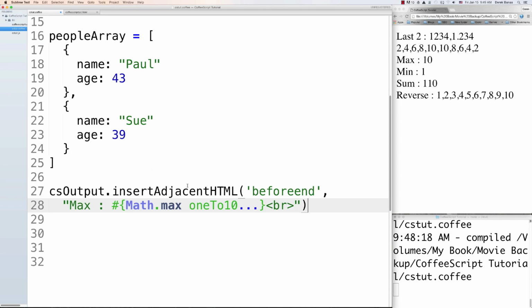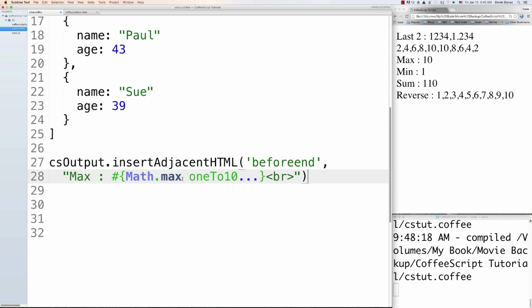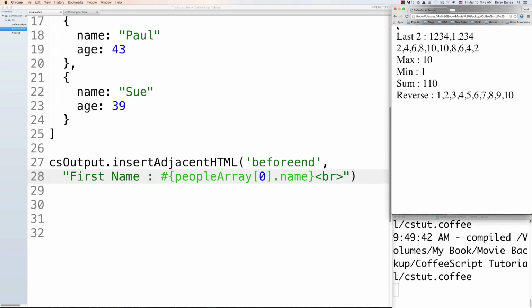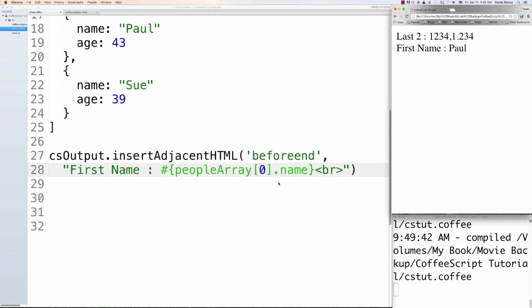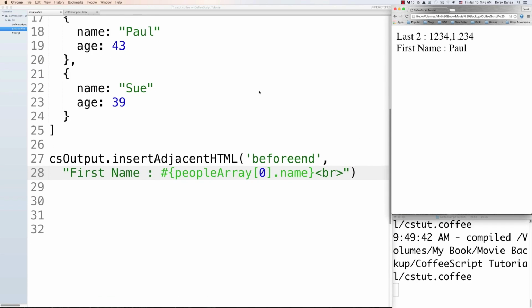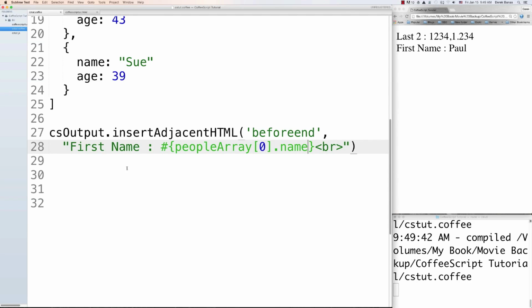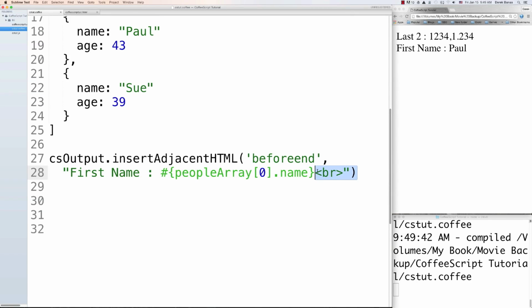Now we're going to be able to come in here and access our items by the key inside of the array. So let's say I want to get first name. I could then come in here and go people array, and let's say that I want the very first object inside of it, and I want to get the key for name that matches up with that. And you can see first name Paul pops up, just as we would expect. And that is a basic overview of how we're going to use arrays inside of CoffeeScript. I'm going to get a little bit more into them as this tutorial continues,